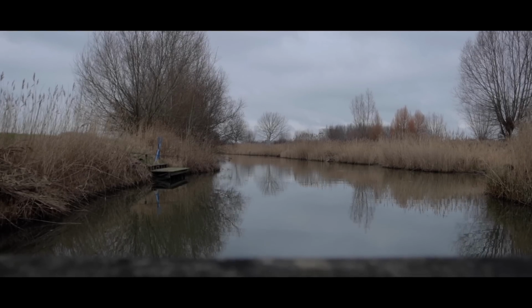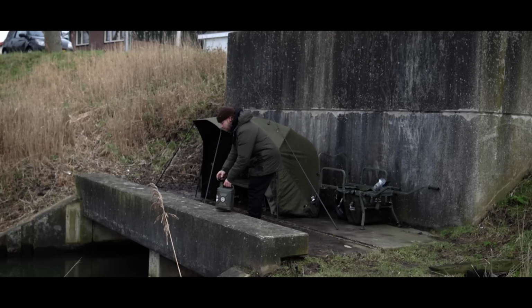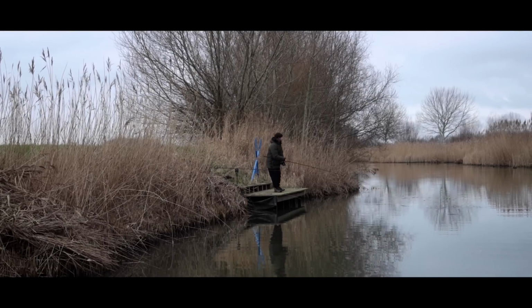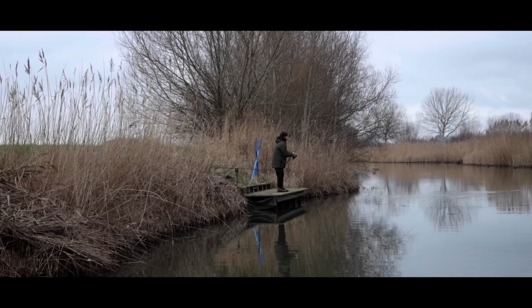Well, that's a pretty cool place to spend the night, next to this concrete structure with Brolly. Yeah, we got the rods out in pitch black last night with the aid of the torches, just on this little canal that we came to look at yesterday during the day when we were driving around with Mike. No fish for both of us last night, but